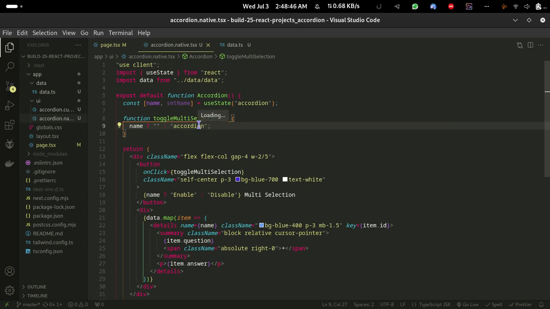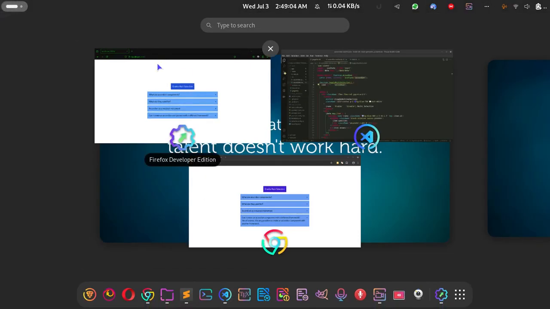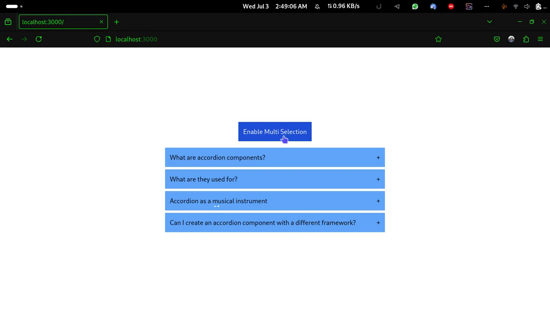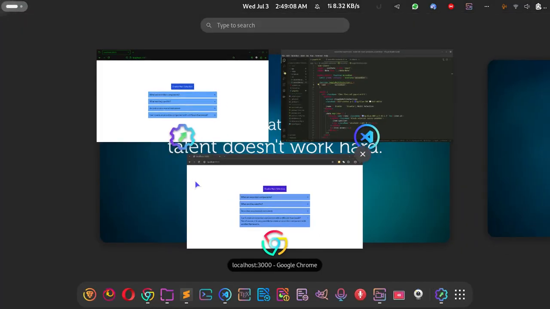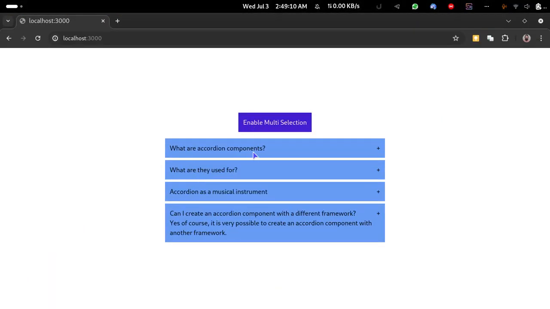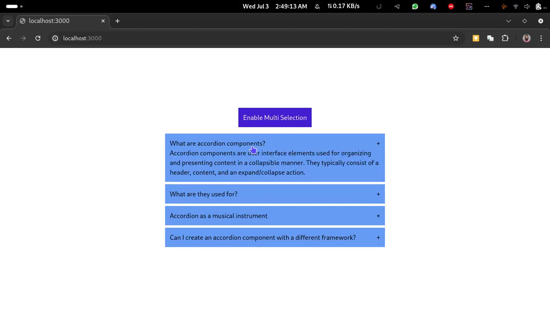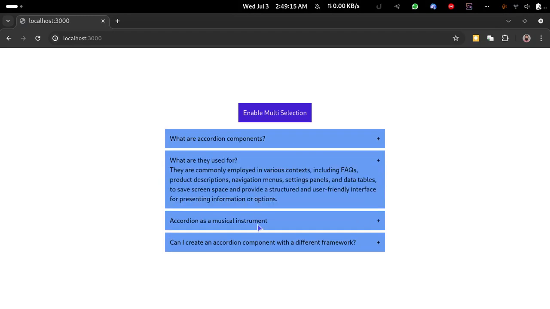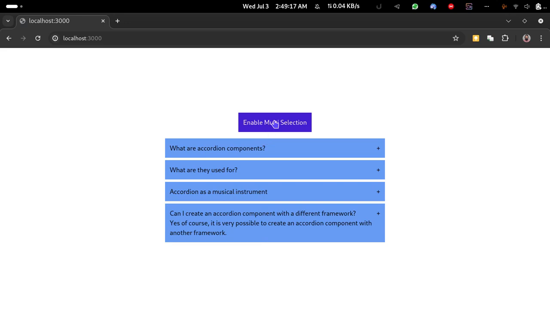And so with this we allow multi-selection, and with this we disable multi-selection. Let's check the result. Now if we click, again I have to do that on Google Chrome. Right now multi-selection is disabled, right? But if I click the button,